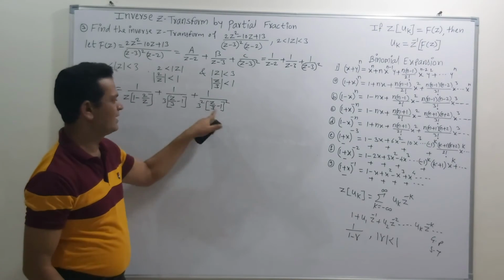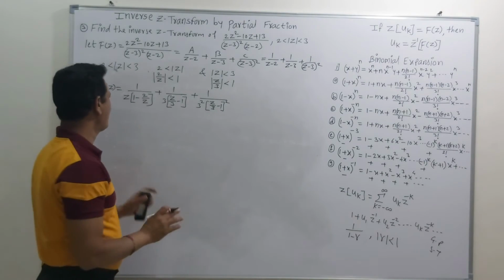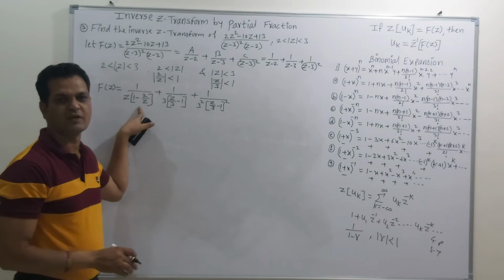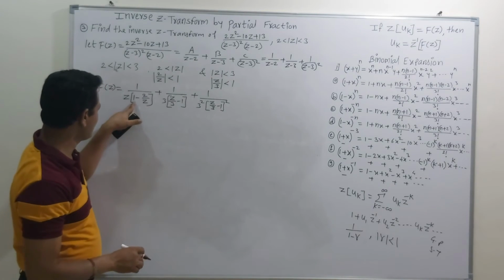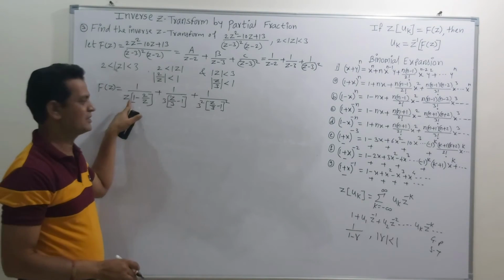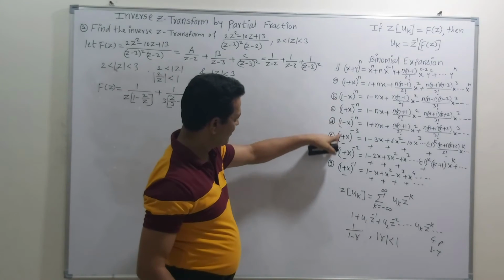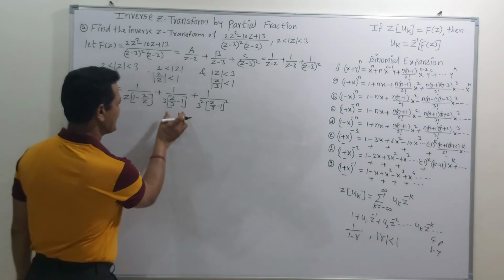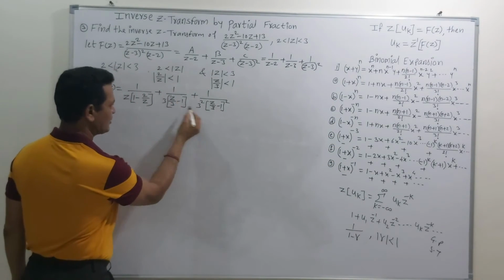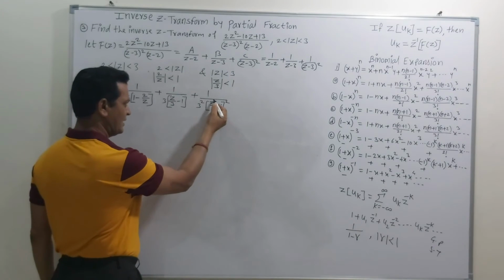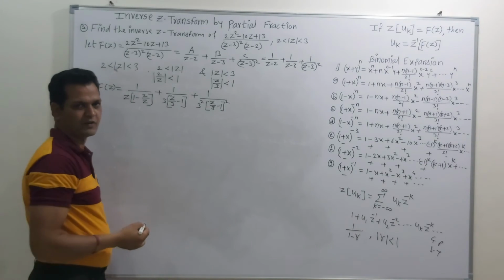This is the first, second and third term. But friends, please try to understand that this first term is in our standard form, because for the standard form we require 1 as the first term. Here everywhere there is 1 as the first term, but for this second term, 1 is not the first term. Here also 1 is required as the first term.